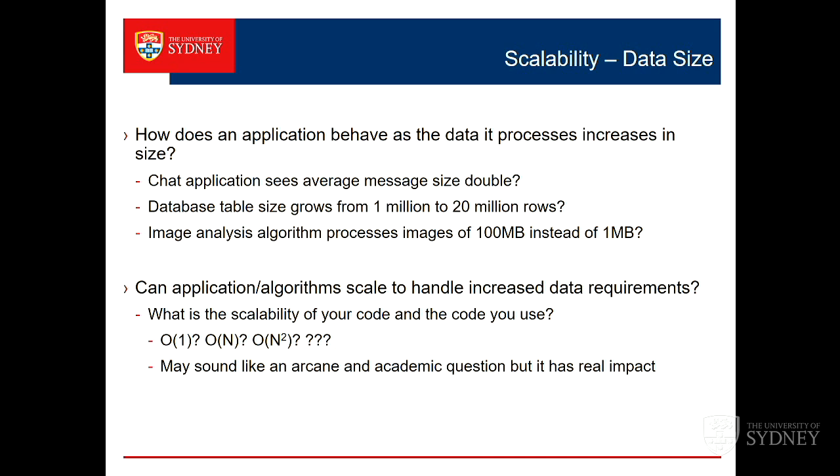And although it sounds like a very dull, boring academic question, it can be really very important, because if you've got inherently an order n squared algorithm, that scales very badly as n gets larger. So I often have to worry about just that aspect of an application. How does it scale with volume?